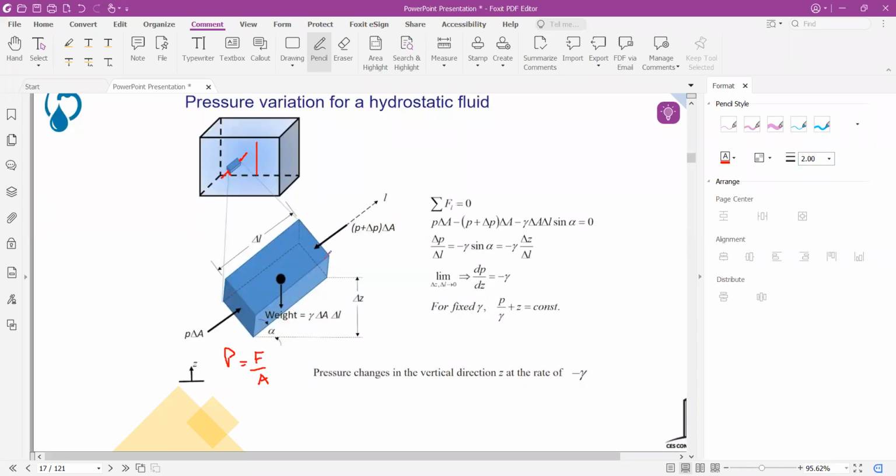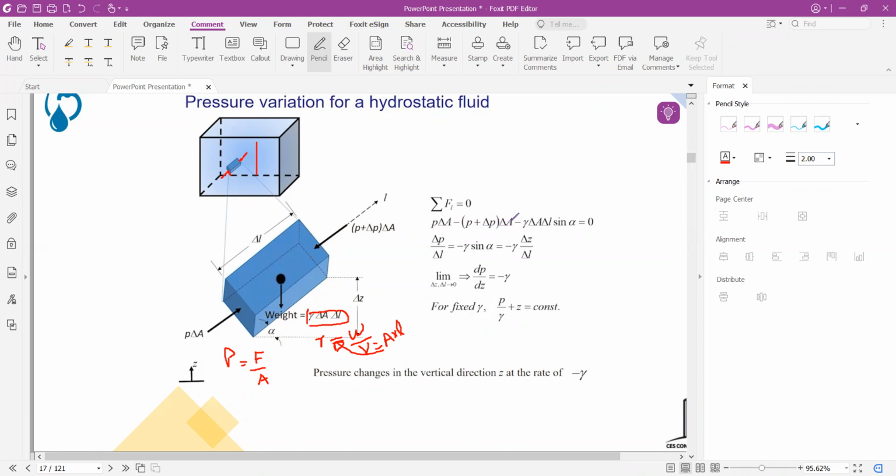Similarly, the force acting at that point will be different from this point, so that there will be some change in pressure, and also the weight of the fluid is acting downward. So this equation is derived just like that. We also know about the unit weight of a fluid, which is equal to weight by volume, and volume is equal to area times the length of the fluid element. So by multiplying with the unit weight, we get the weight equal to the unit weight times area times L. So by summing all of these equations,